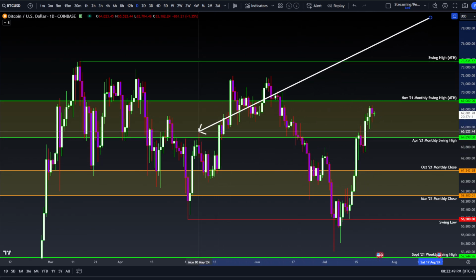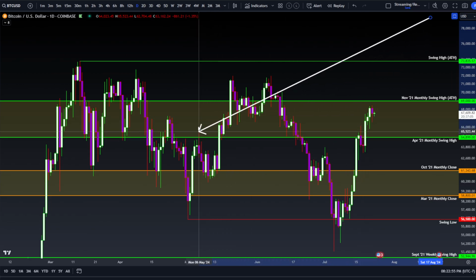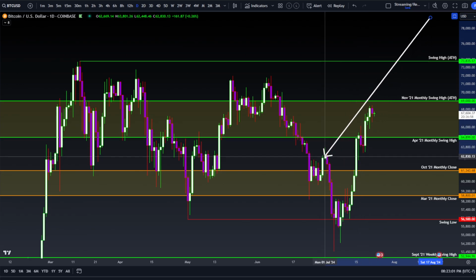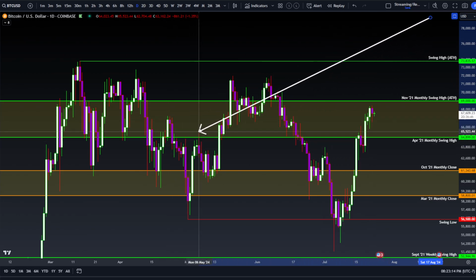Bitcoin needed to close above basically 65,500 here. Once it put in a high right around this high at 65.5, it did wick through, of course, hitting around 66, fulfilling one of those targets, coming back down, retesting around the support structure, flipping this resistance into support at 62,800 to 63,800,